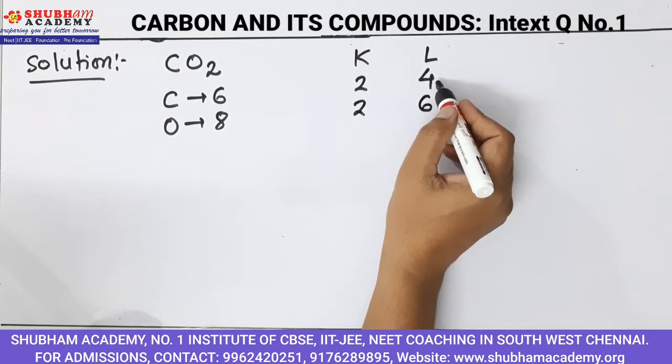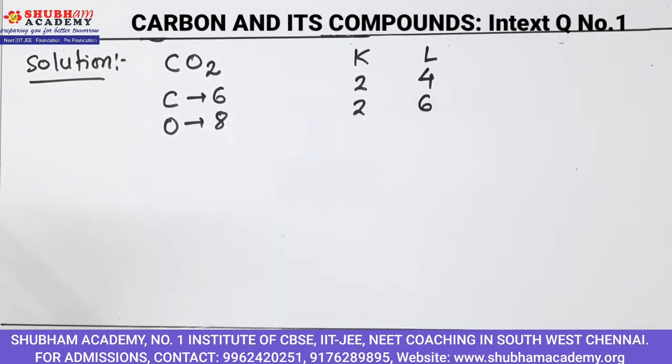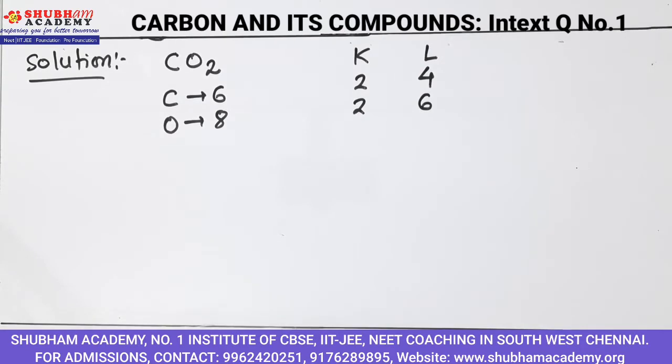Now as you can see, carbon has 4 electrons in the valence shell and requires 4 more electrons to complete its octet, and oxygen has 6 electrons in the valence shell and requires 2 electrons to complete its octet, right? So when we are drawing the dot structure, we should keep in mind that we have to put carbon in the center, surrounded by oxygen from both sides, so that carbon will get 2 electrons from one side and 2 electrons from the other side of the oxygen, whereas oxygen will get 2 electrons of carbon,